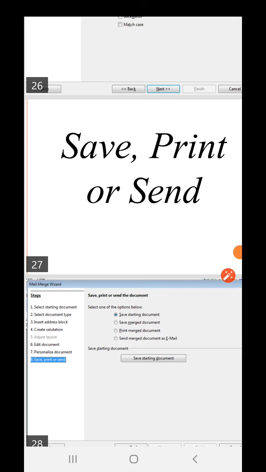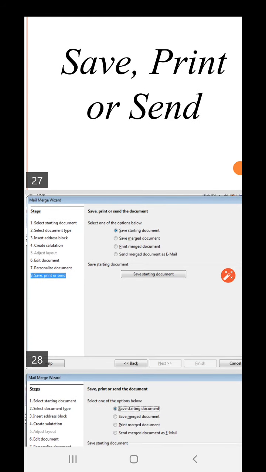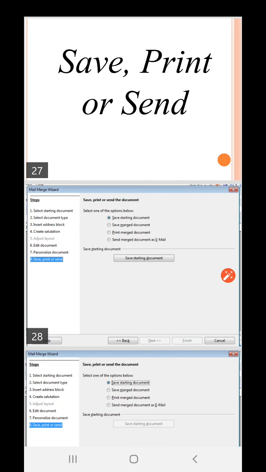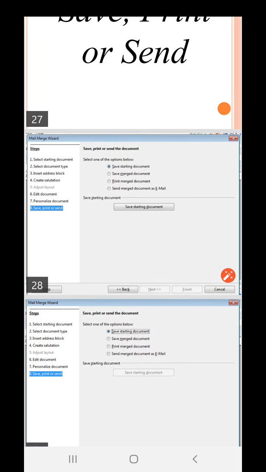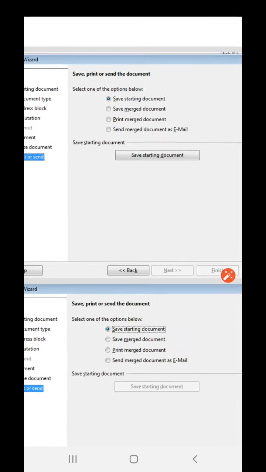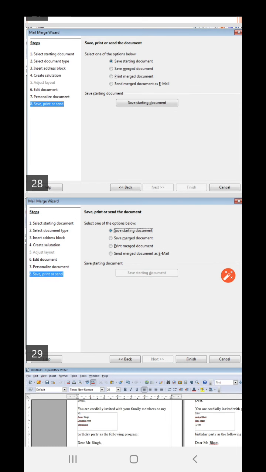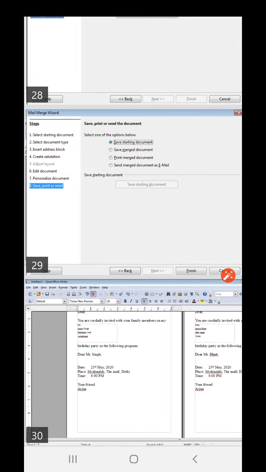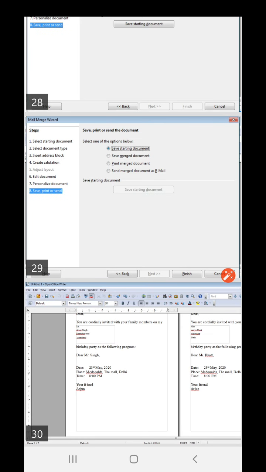When you open this dialog box, you can see it on your screen. There is an option save starting document, save merge document, print merge document, or send merge document as email. Select any one of the options, and by clicking on save starting document, it will open up the next dialog box. You need to click on finish, then